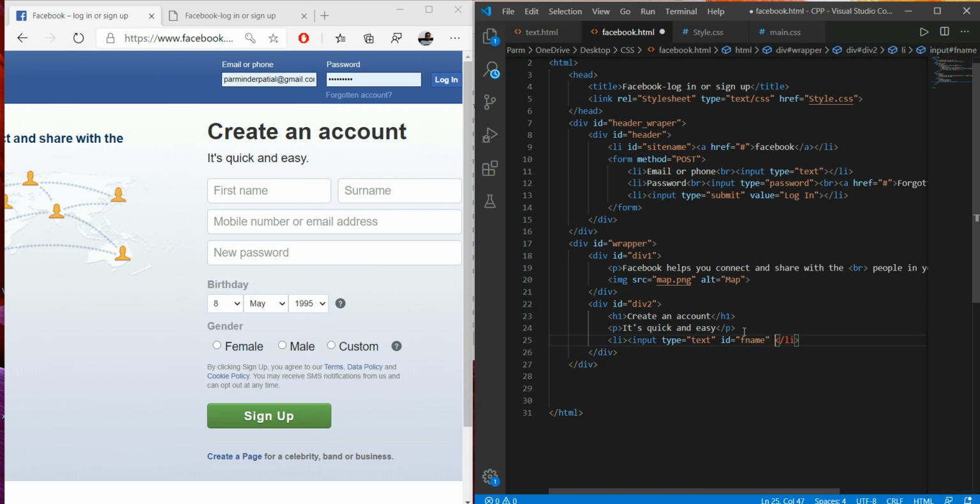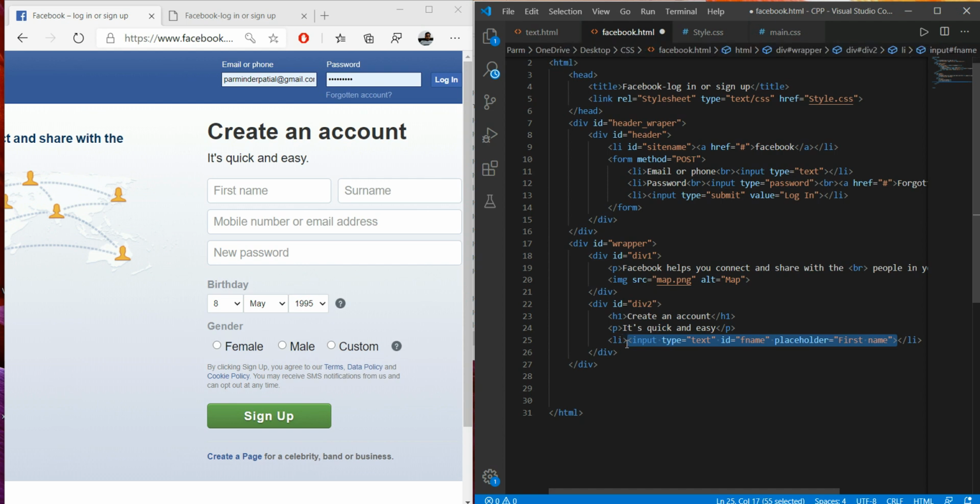Then here we have to go with the placeholder, and here we have to give the value first name. We close it, sorry. This way we have written this first input element.